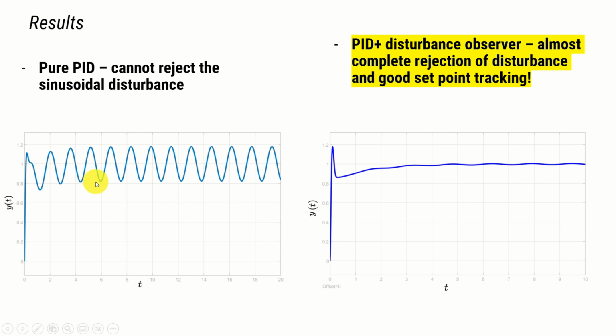We are using the same PID controller in the same case, and the disturbances are the same. The only difference over here, and when I say only, I mean in quotes, is that we are using a disturbance observer. And you can see how the disturbance observer is able to nicely attenuate this harmonic disturbance. And this is truly, truly amazing. You see the power of the disturbance observer.